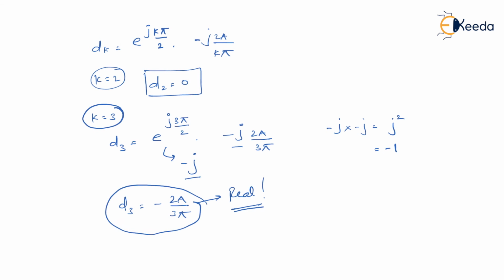This is only for verification that we have done, calculating for every value of k. Again, for k equal to 4, it will be 0 because for all even values, the coefficient does not exist. Only for odd values does the coefficient exist. But again, it does not mean that for every figure, Fourier series coefficients are 0 when k is even. No, it is not so. It depends upon the given signal. So this is how we apply the property and get answers by investing minimum time.